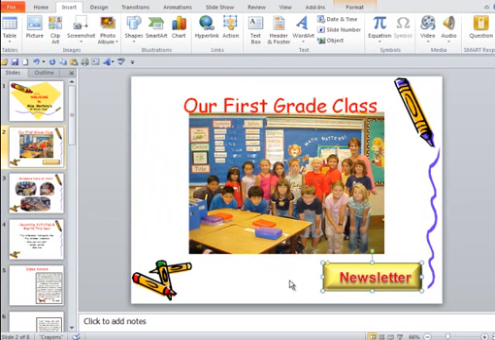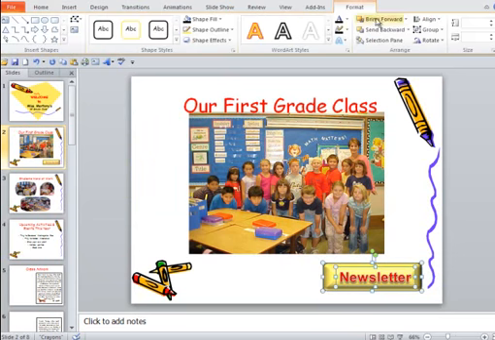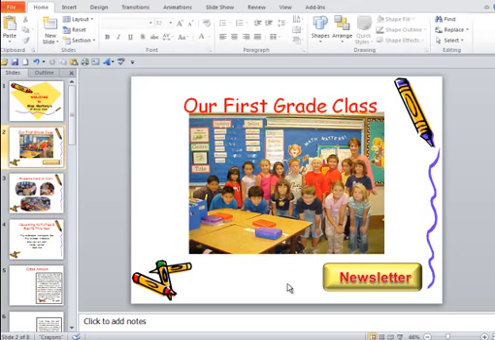Next, I would like to group these together, the word and the shape. To do that, I'm going to hold down my left button and highlight the two, hold down my shift key and click on Format, and click on the down arrow and group. Now those two are grouped together. Now, when I hit the little icon at the bottom or hit F5 and run the PowerPoint, you'll notice it's